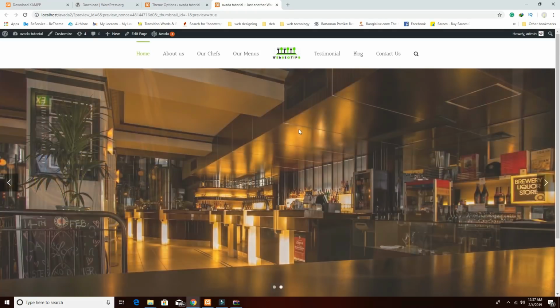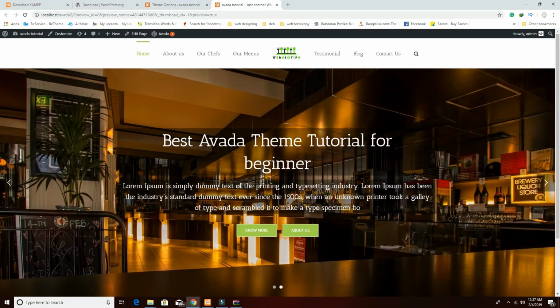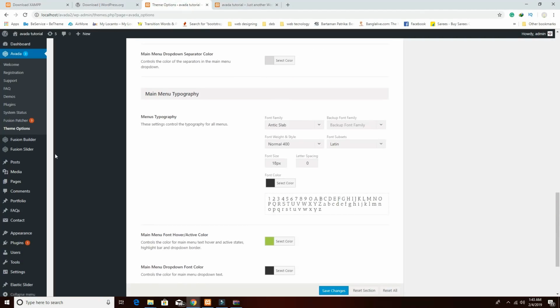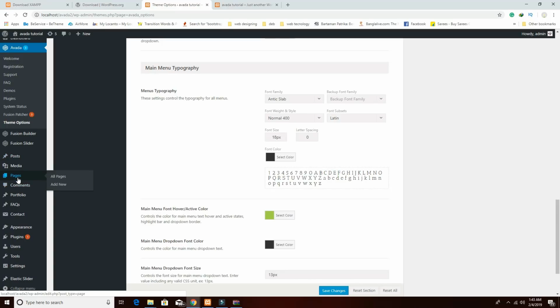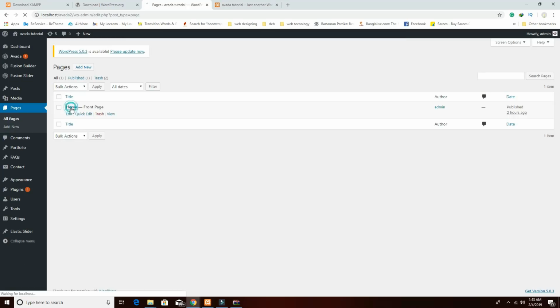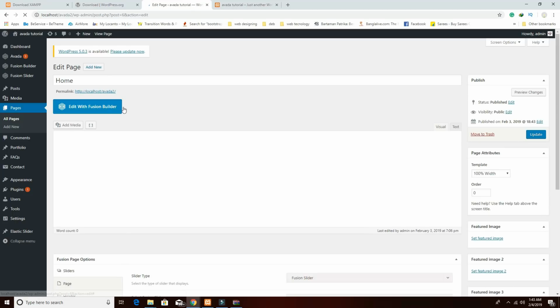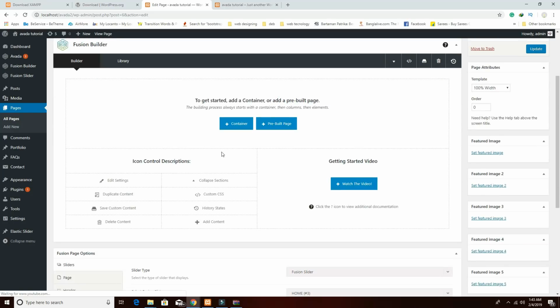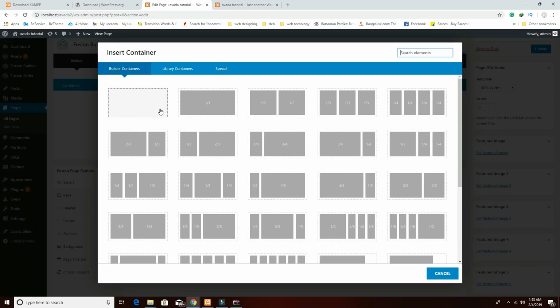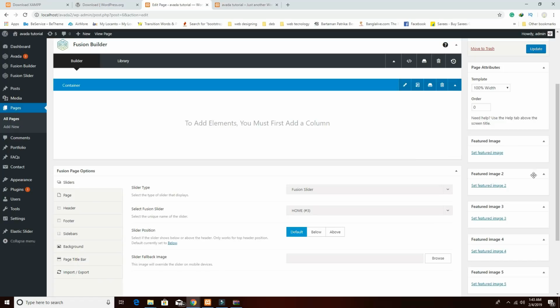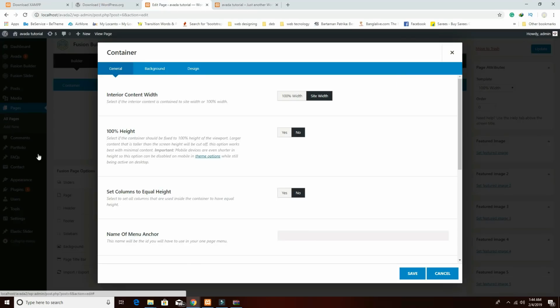So now what I have to do, I have to design that about us section. So now come back to the page and home, after that edit with Fusion Builder. Okay, click here. So I need a container. First of all, click this one. Okay, so this is to edit this container actually. So click here,